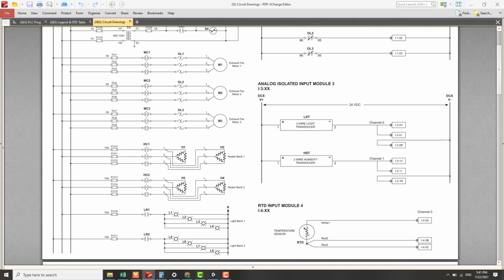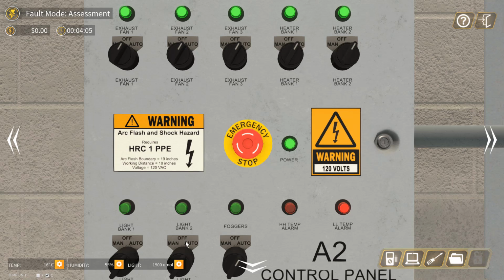Of course, it can be an issue from the RTD sensor or the humidity transducer. The RTD temperature looks okay because it reaches 16 degrees. It triggers the low temperature alarm, showing that this temperature reading may be the correct one. Now the problem is that the humidity may be a bit low, but the foggers